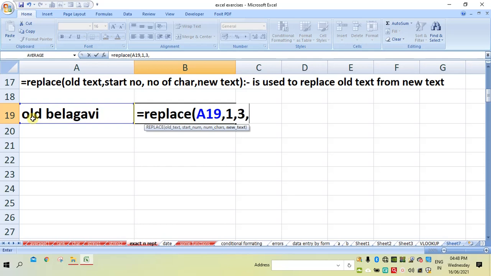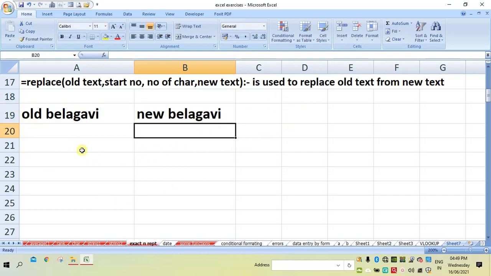And what do you want to put in? You have to write it in quotation marks, that is I want to enter new in the place of old. Then complete the bracket. This is how we can write to place new in the place of old. Now let us see. This old is replaced and the new is placed. Like this you can replace any word, any part of the characters in the existing content of a cell.